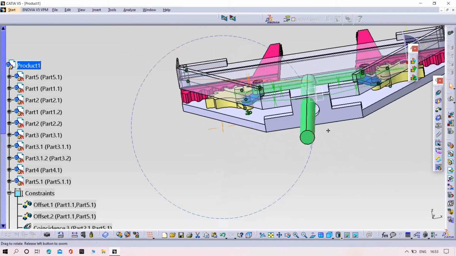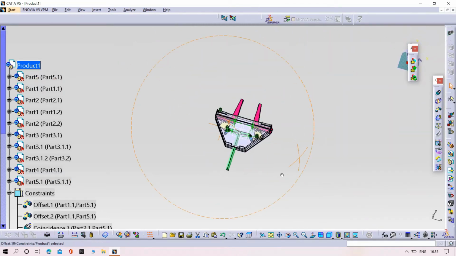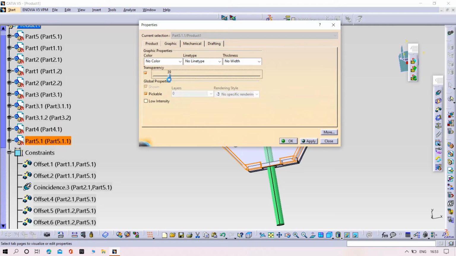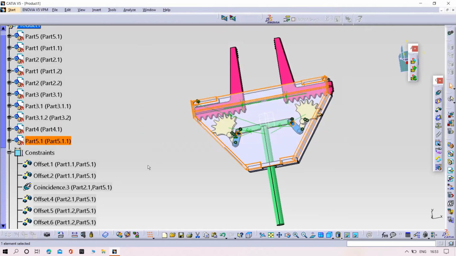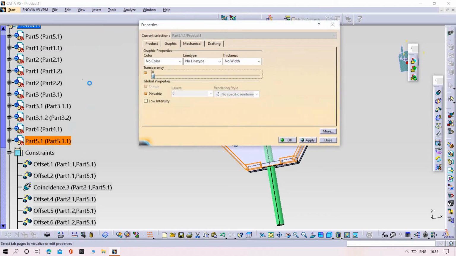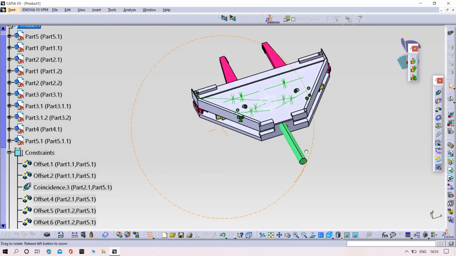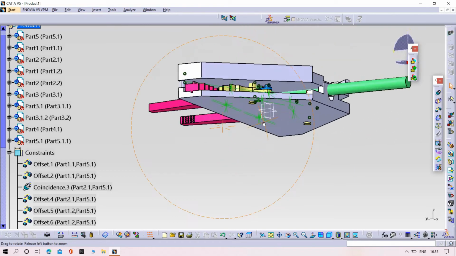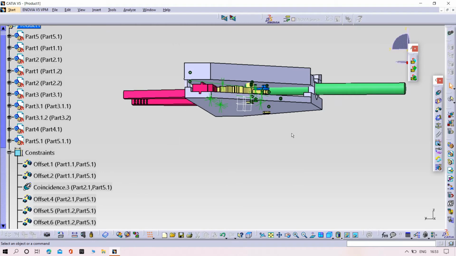Yes, it's assembled perfectly. Yeah, you can observe. Sorry, part number 6 is assembled in the reverse direction. Nothing is a problem.